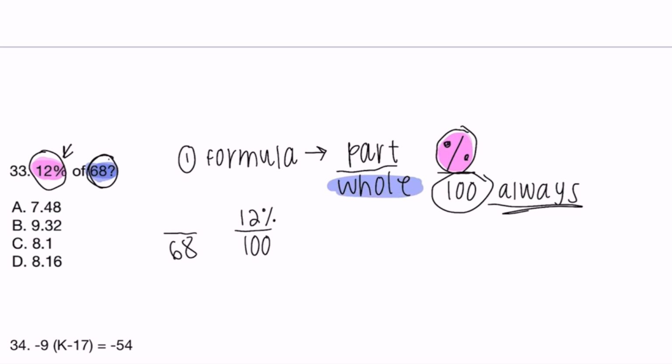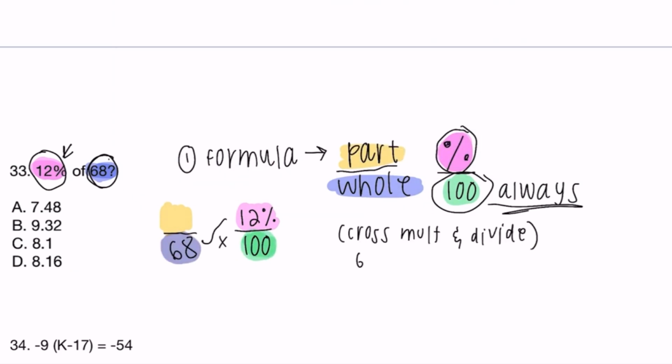And since I'm trying to find only a part, I'm not trying to find 100%. That would be all of it. I'm trying to find just a part of it. So this is what I'm looking for. So cross multiply and divide. I just want you to see where I'm pulling the numbers from so you don't get confused. What you do is cross multiply, just like we did in that first one. So we're going to take the 68 and times it by 12. And that's going to give us